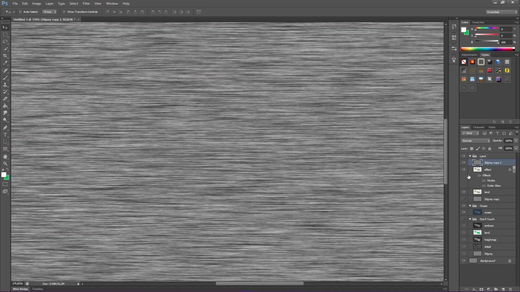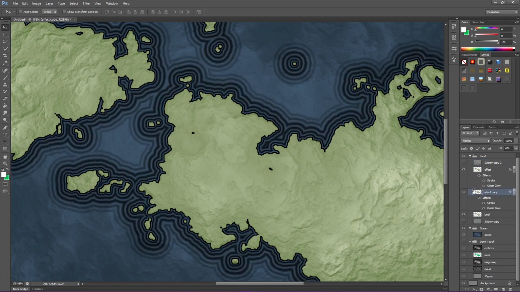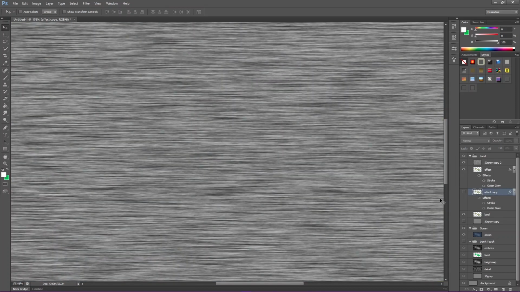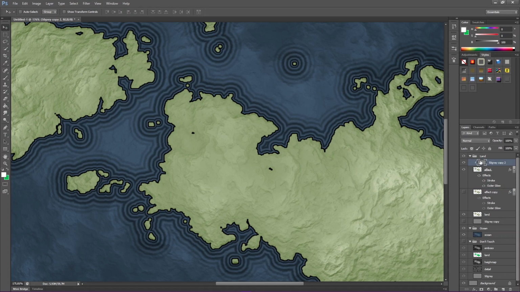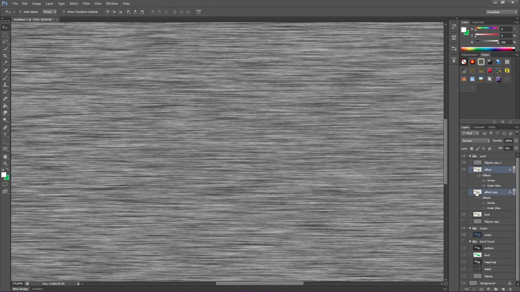So we're going to copy our effect. I usually like to keep one version of the effect untouched, so that when I apply the destruction layer, I can bring in the effect underneath it to reinforce it. But let's ignore that for now and have a look at this. We're going to clip our effect. Oh, actually, this is very important. Before I even do that, I want to take my effects